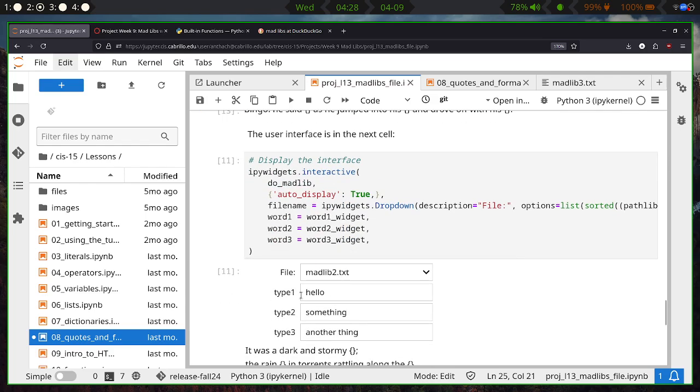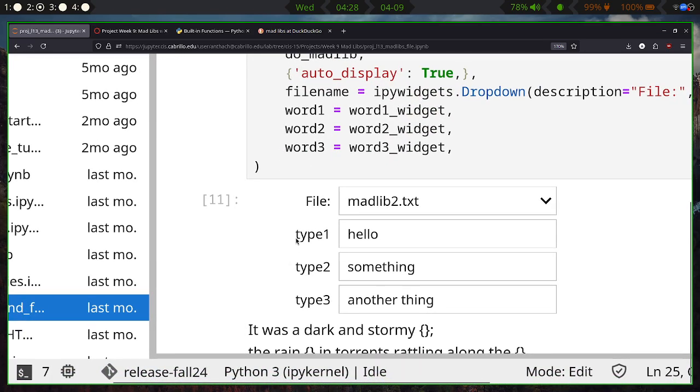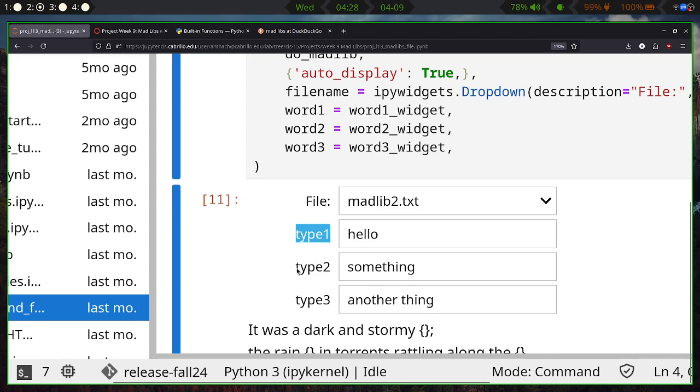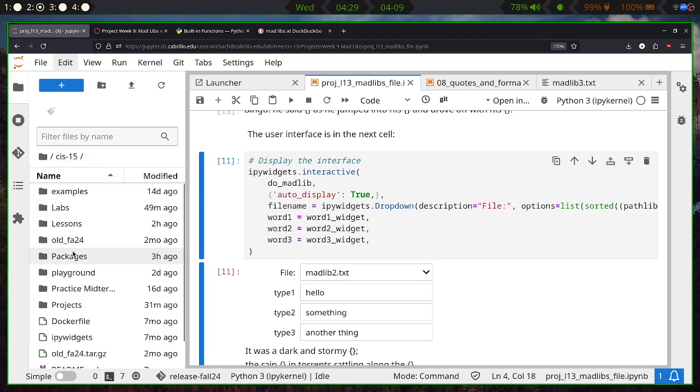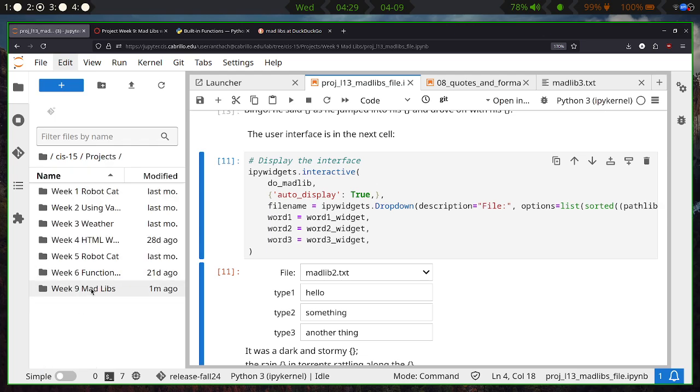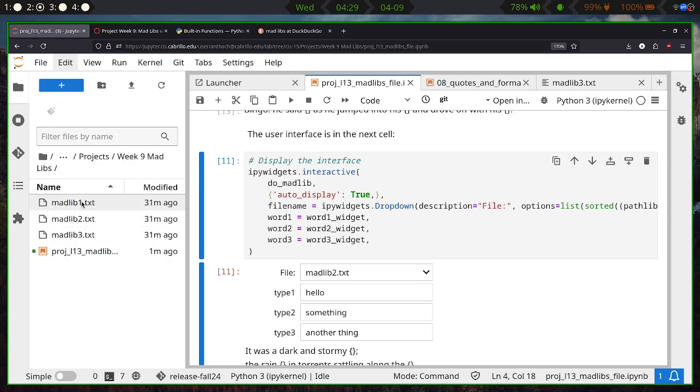Okay, there's one more thing that we're gonna do, and then we'll be done. So these are widget descriptions. Currently, the widget descriptions are hard coded to say type 1, type 2, type 3. What it should say is the parts of speech. This way, we can know what type of word to type in. So these descriptions need to change. You might remember in the Mad Libs, there are 3 more lines that represent the part of speech. Like here in Mad Lib 1,